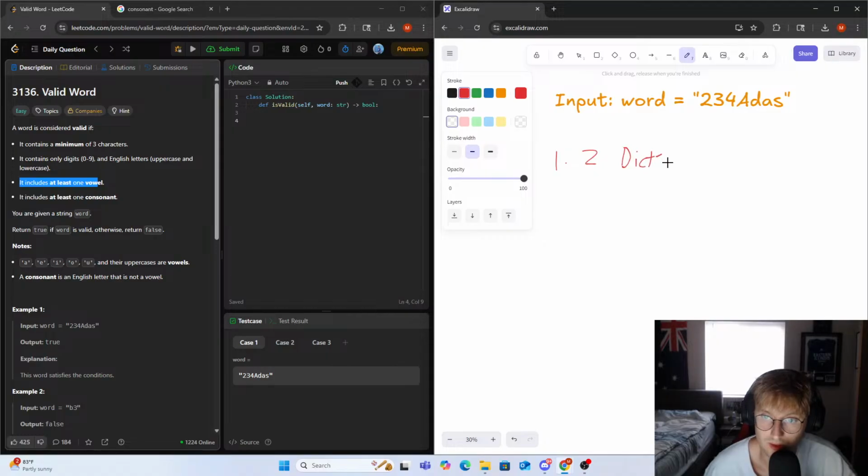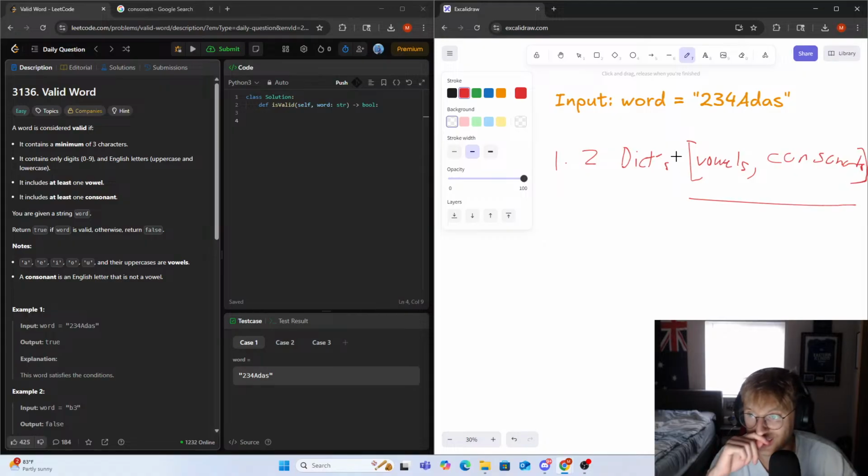One for vowels, right? And then the other for consonants. We have vowels and consonants. What I'm thinking here is that whenever we see one of these,